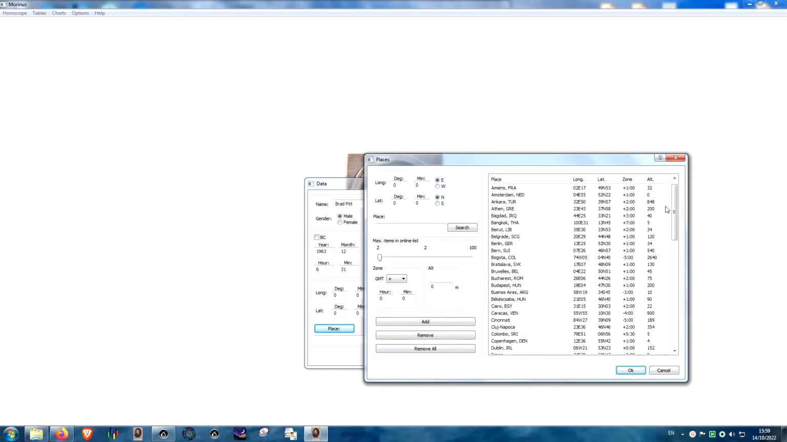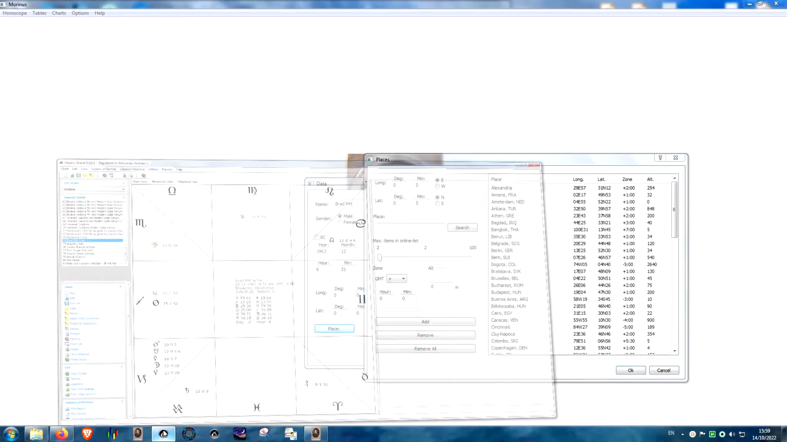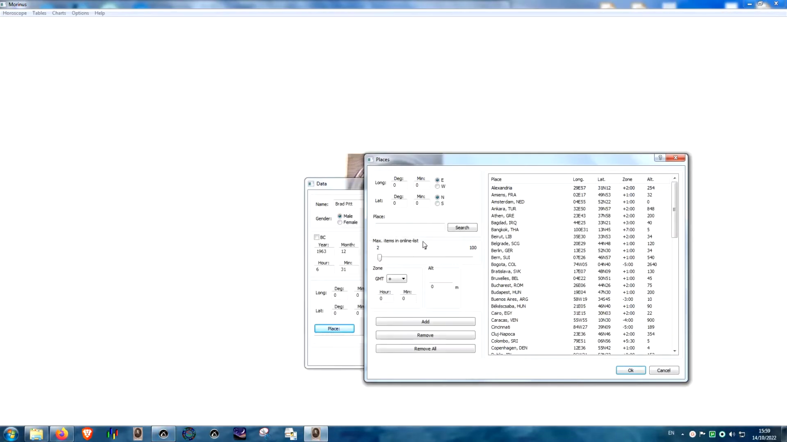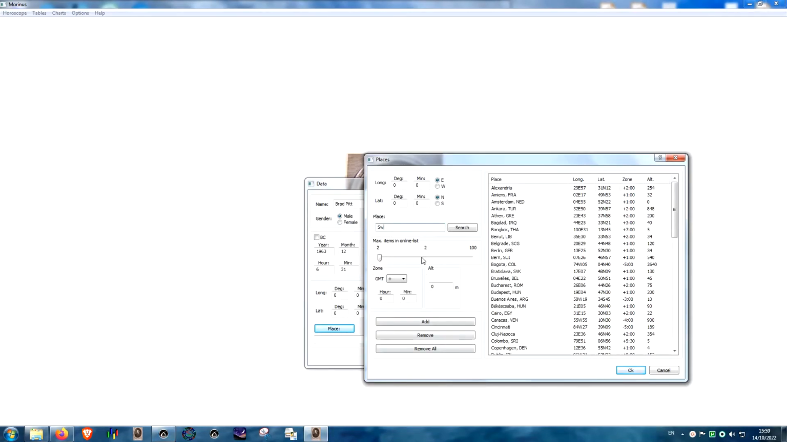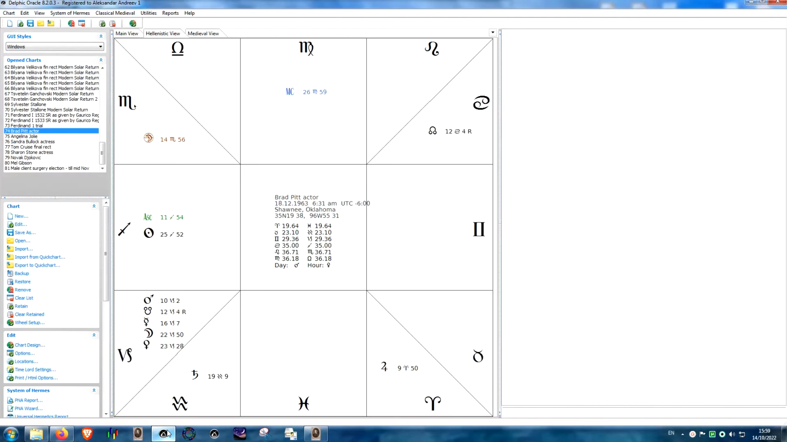I'm not going to bother with Shawnee because, I mean, Oklahoma, let's get real, it's mid-United States. Shawnee, this Indian spelling, Shawnee, Oklahoma, United States. So it's GMT, and it's minus because it's west of Greenwich, -6, and then the coordinates